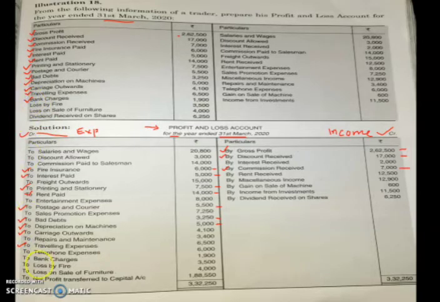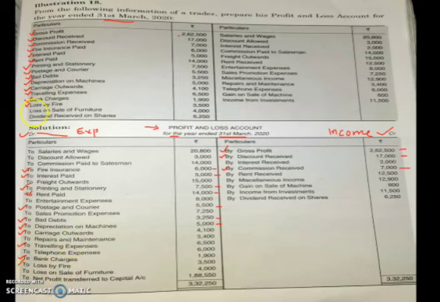Charges means paying cash towards some expenses from the bank. So bank charges, for which they are providing a service. So for that they are taking charges. So that is our expense. Then loss by fire. So loss means what? We have already a side for loss on expenses. Debit side, loss by fire.